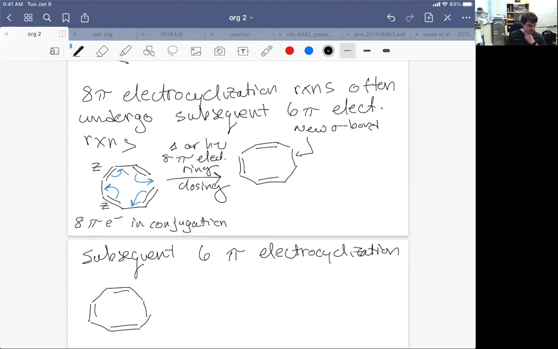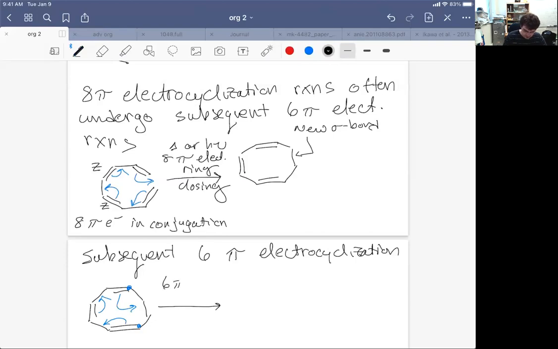The 8 pi electrocyclization reaction can continue onward only through a 6 pi electrocyclization event, where I'm going to have a sigma bond connecting the 2 carbons and dots. I'm going to push this double bond over and this double bond over here. It's a 6 pi electrocyclization reaction, except without kind of a telling geometry. I'm not drawing this in such a way that it's easy for you to pick out, hey, what's the final shape of this molecule. So